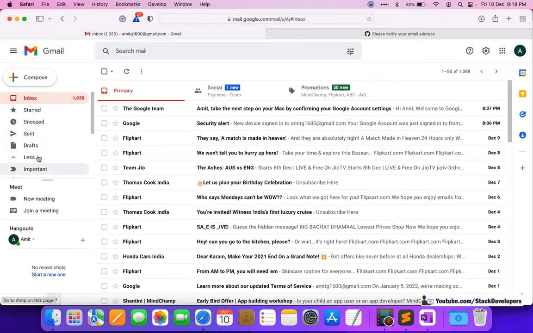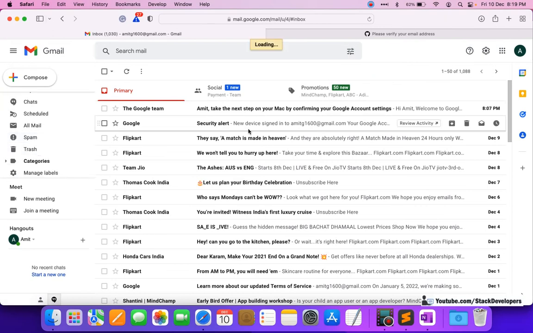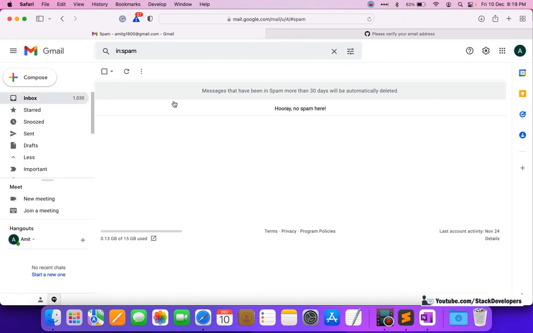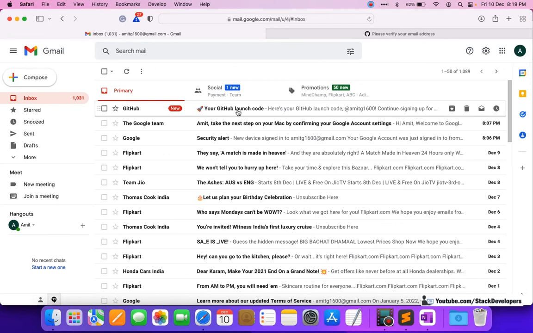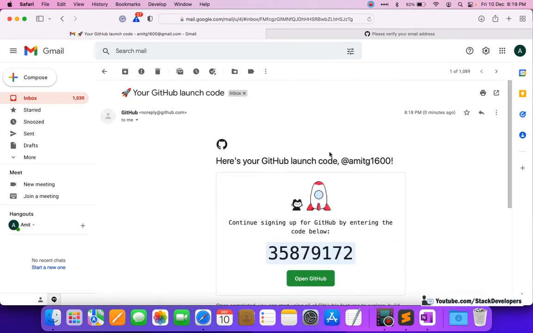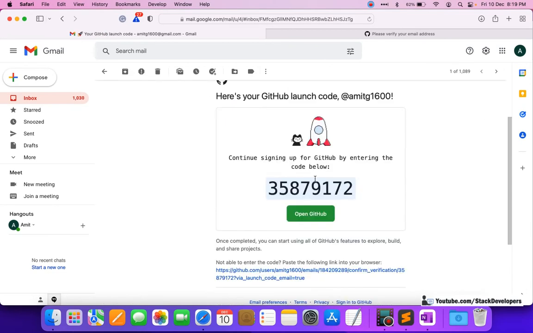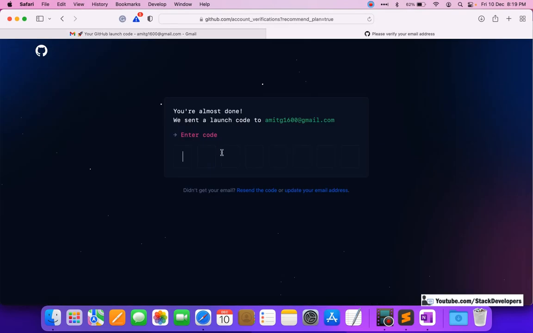I can check the spam folder as well. No spam is there. So it comes now, your GitHub launch code. So I will just copy and will paste here.